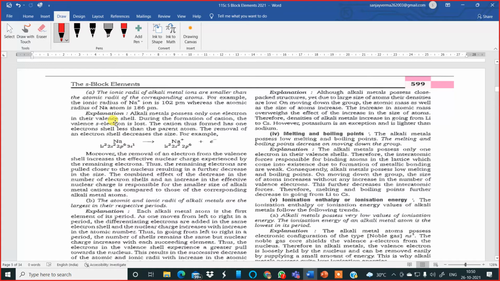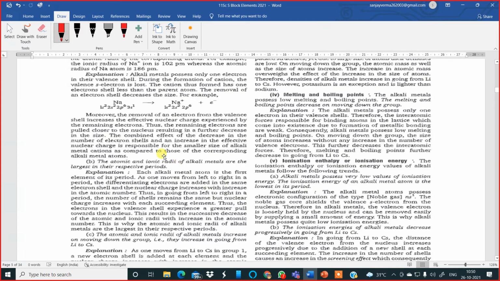Explanation: Ankit already explained in the previous class why the atoms are bigger in size. As soon as the electrons are lost from a metallic atom, the effective nuclear charge becomes greater, because of which the remaining electrons are pulled more strongly, and there is a contraction in the size of the ion which is formed. Here an example is given of a sodium atom forming a sodium ion. So this is one question which can be asked.